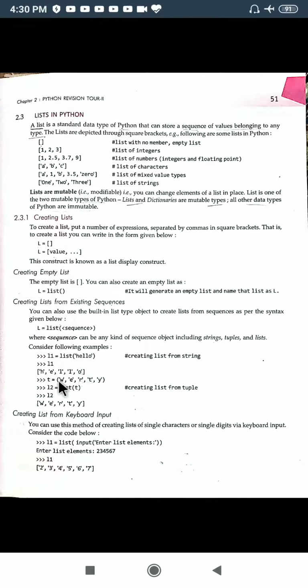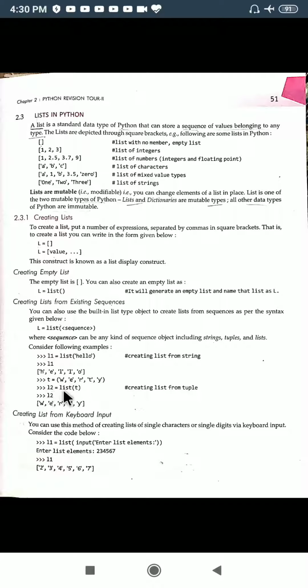See, this round bracket indicates it's a tuple. I told you earlier also, the round bracket indicates a tuple. So if we want to store the value of a tuple inside a list, how to do it? Here we did a string converted to a list. Here we are doing a tuple converted to a list. How?